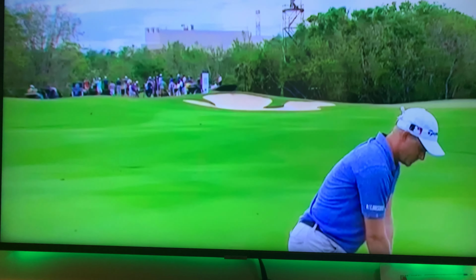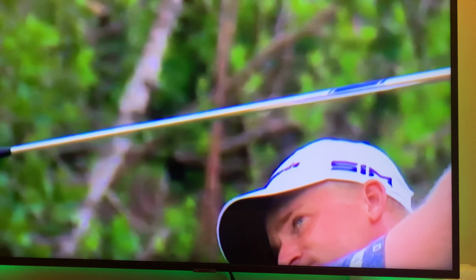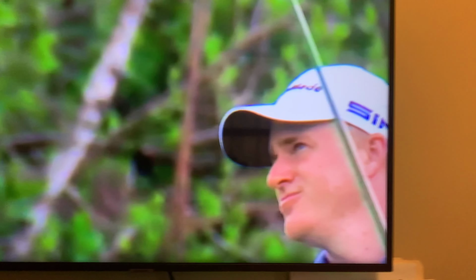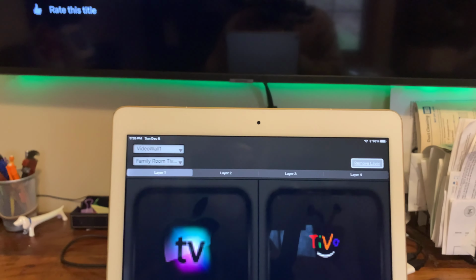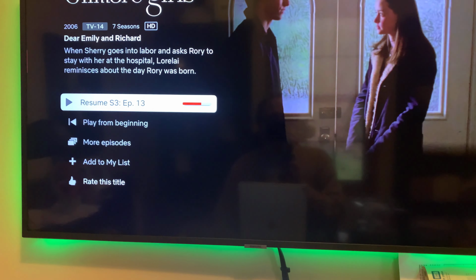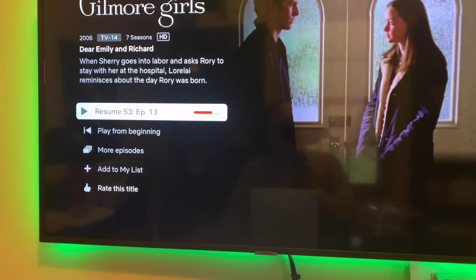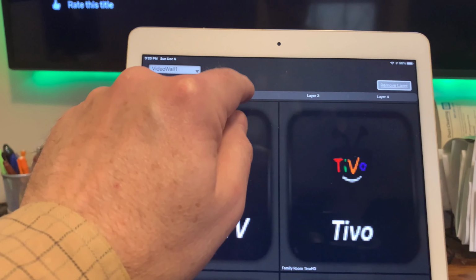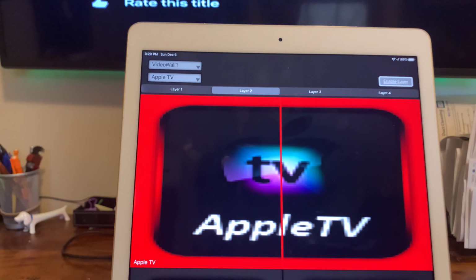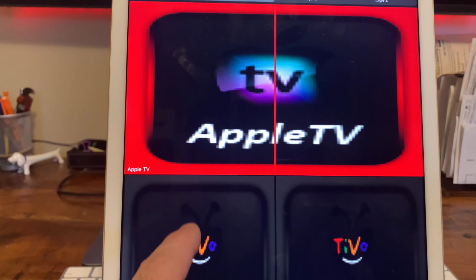Now looking at this image on the TV, you can see how blown up it is. If there were a total of 4 screens, 2 rows, 2 columns, you'd see this as a great image, zoomed up real nice and big. If I come back down here and I select to disable the layer, then boom, it goes back to normal, this video. Okay, so you can set up multiple layers and so forth as well, and